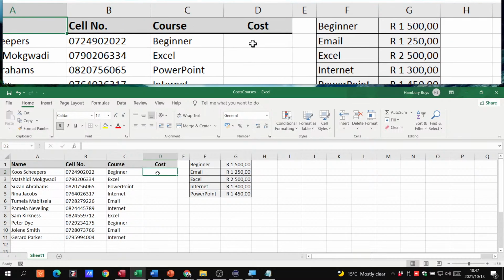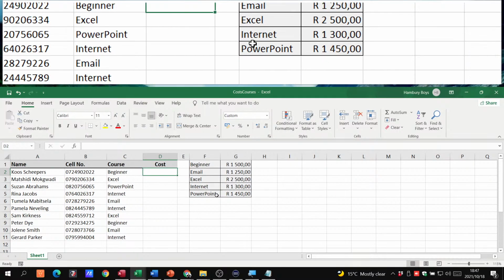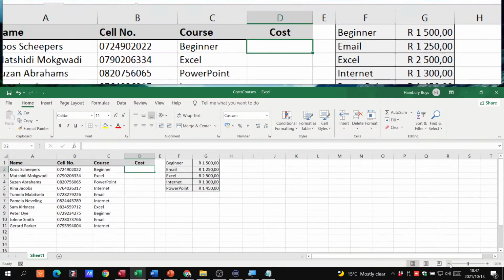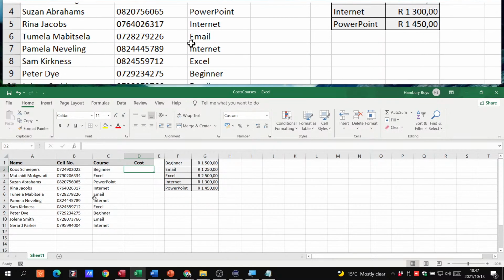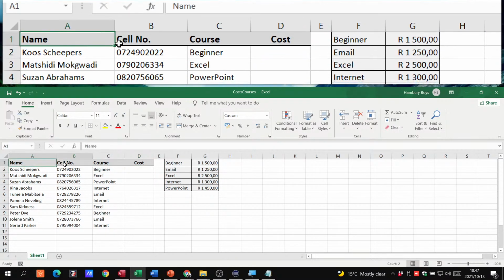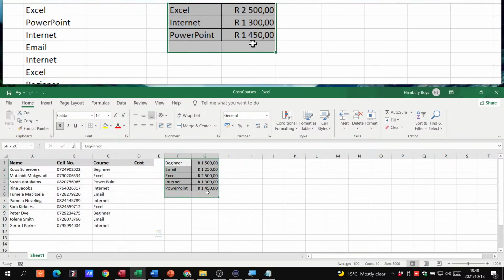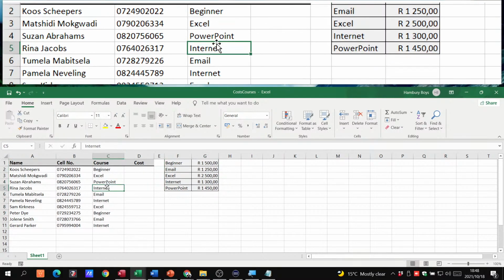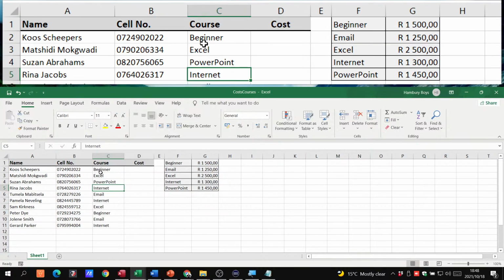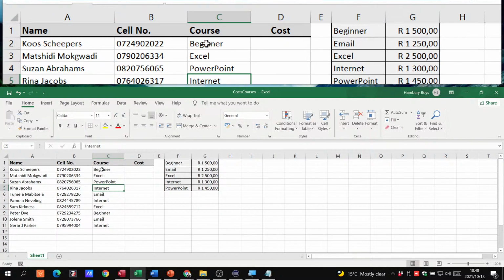So VLOOKUP. When it comes to VLOOKUP, the first thing you really want to do is have a look at your areas and say, okay, this is one area that they want me to find info in, and this is the other. So when you look at these, you want to find what we call a lookup value, and we want to be able to say, okay,